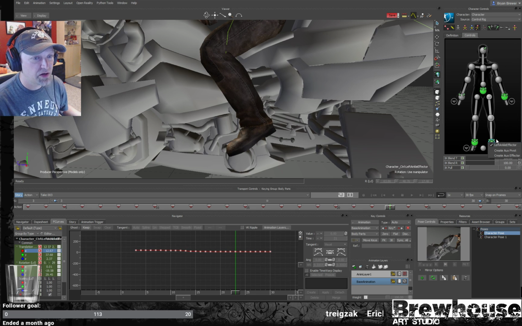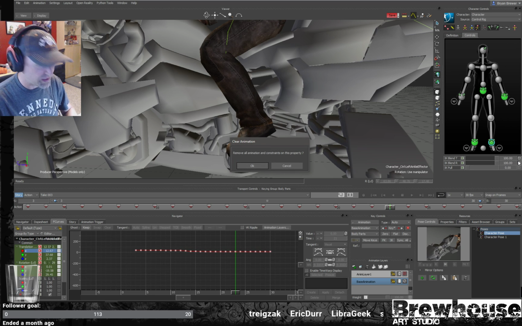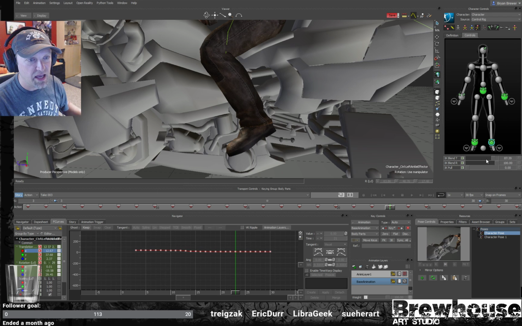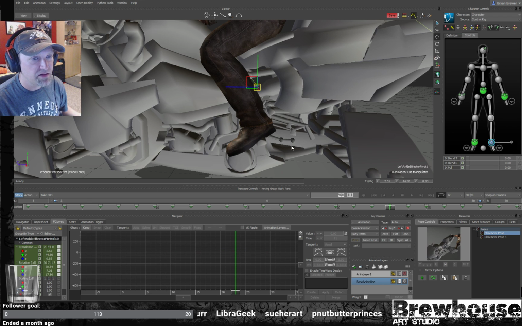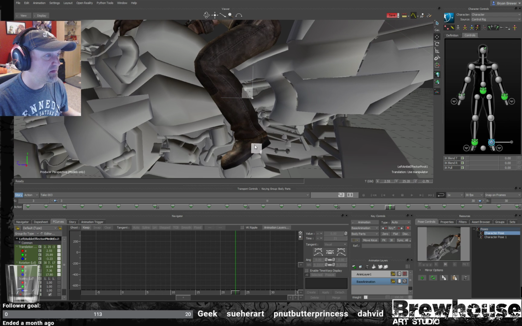So I'm just going to kill any animation that's on the IK. I'm going to turn that off completely. I'm going to create an auxiliary pivot. I'm going to take that pivot and put it,